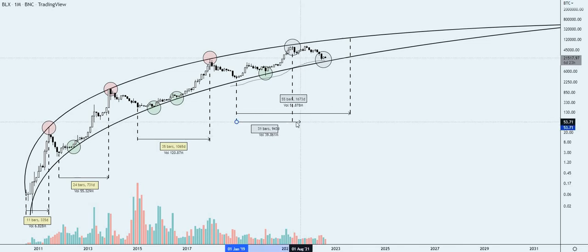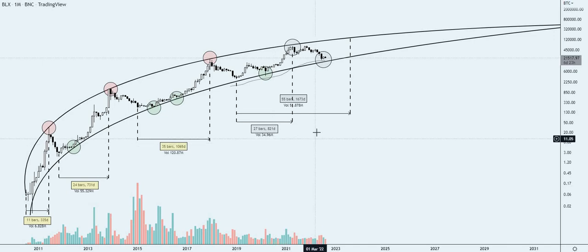The reason why I'm taking it from this peak here is because I feel that this second peak over here was really a corrective structure. Even though we technically made a higher high, it's still an ABC corrective structure, in my opinion. You can go check out my previous videos on that. But essentially, the point is that this last cycle, which was our first, second, third, fourth cycle, would have been shorter than the lengthening that we've seen in previous cycles. So that's interesting,